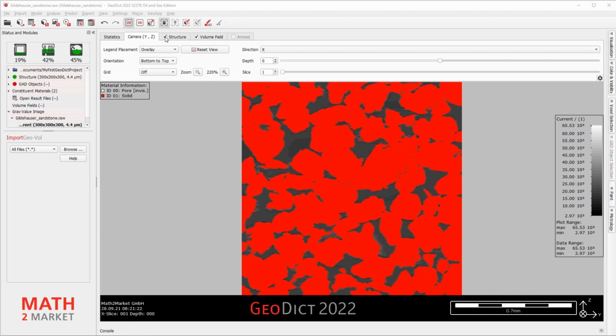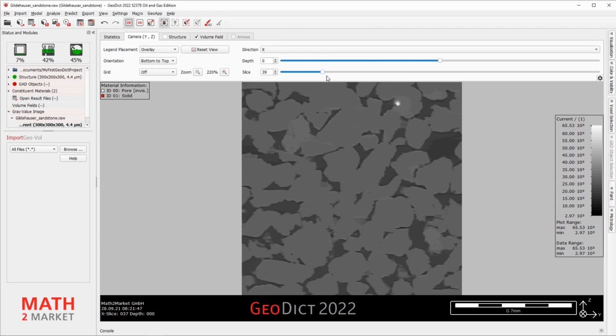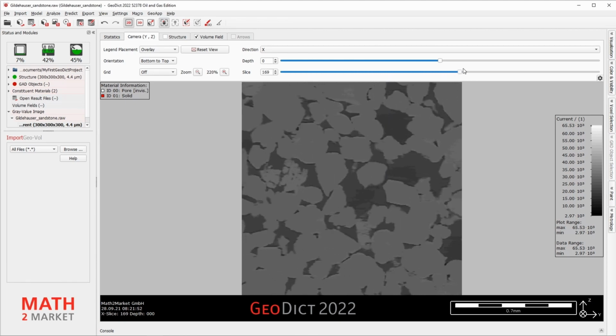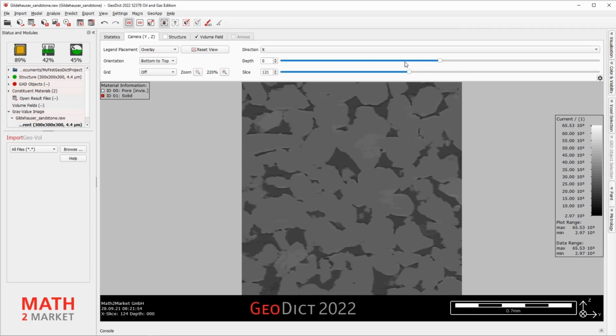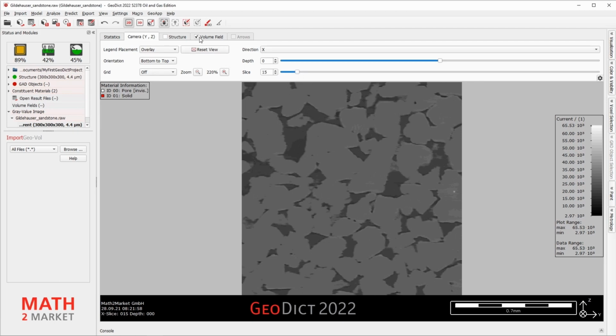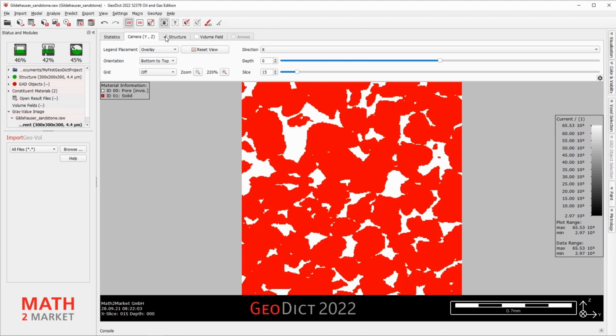You can uncheck structure or volume field to make them visible or invisible. Slice through the structure by clicking and holding the slice slider with the left mouse button. Uncheck the volume field and check the structure to have a look at the structure only.